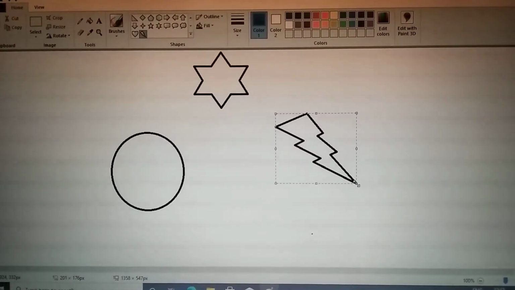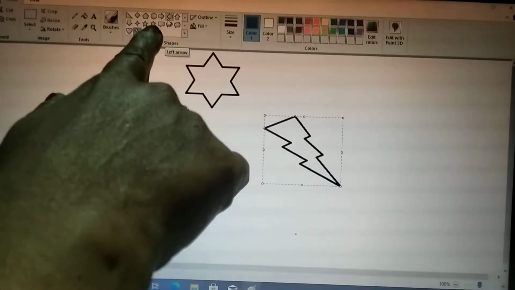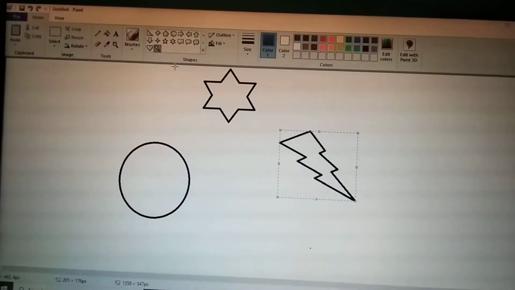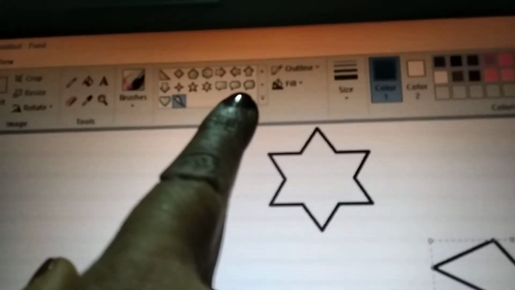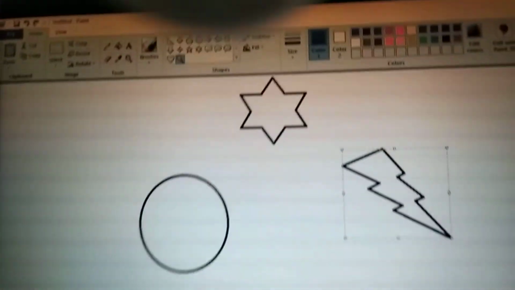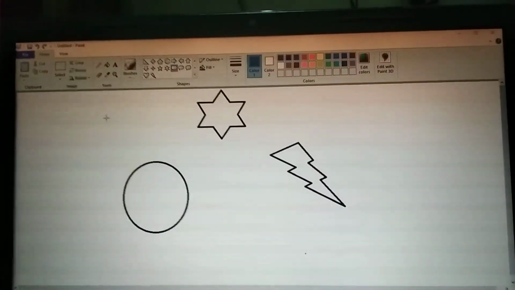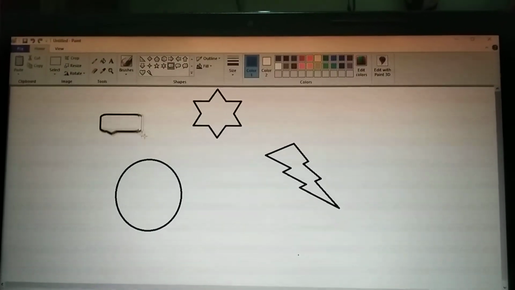Now here there are callout shapes. These three shapes, this rectangle, oval and cloud, are called callout shapes. I will show you here, children, when it comes on the screen.